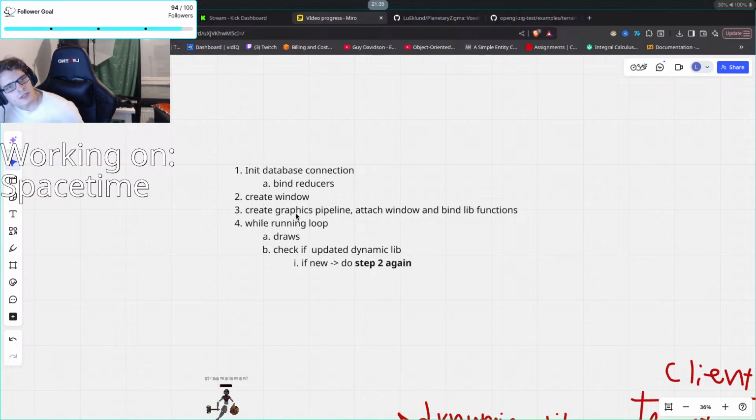Yeah, because the window is the only thing that registers the input, and then nothing else should really have to do with the renderer, so that should be fine. And then database is just connected with all of the states. We need a form of game state also that just says all of the entities. We just need an entity array list right now. That's kind of all that we need for the...